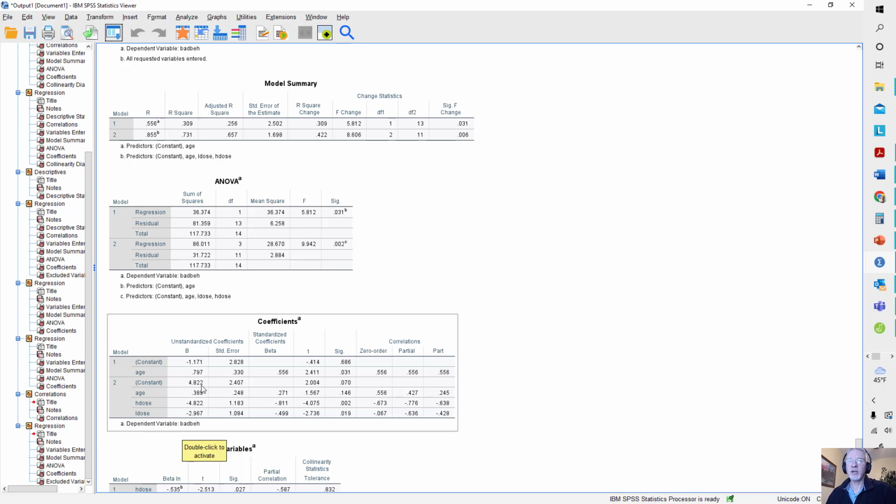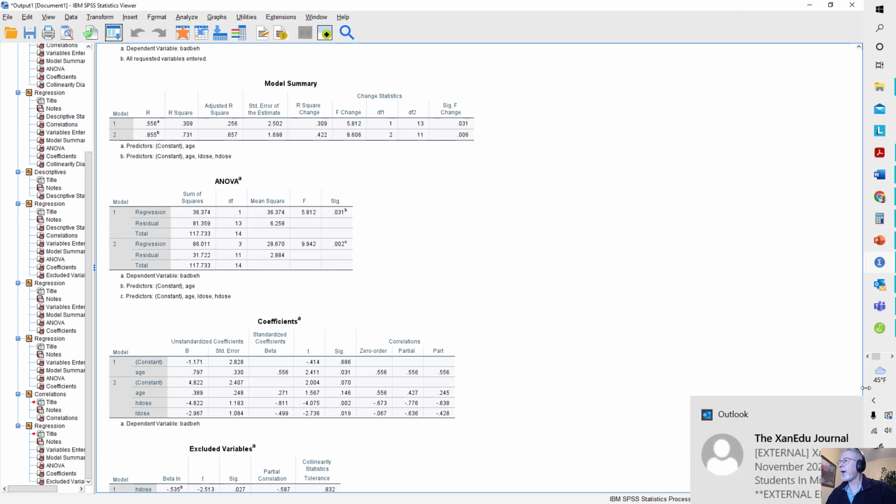The 4.822 here represents the average number of bad behaviors of the children. And it was previously 8, but this is for children who have ages of 0, because the constant always represents what happens when all of the variables in the model equal 0. So going back over to